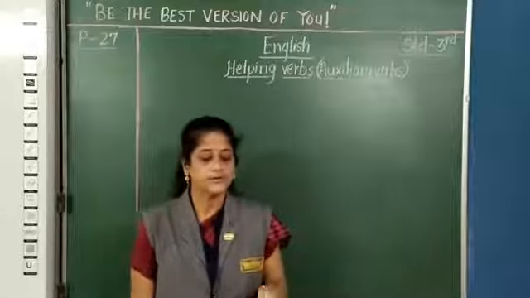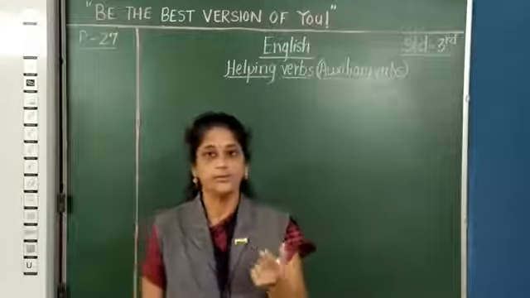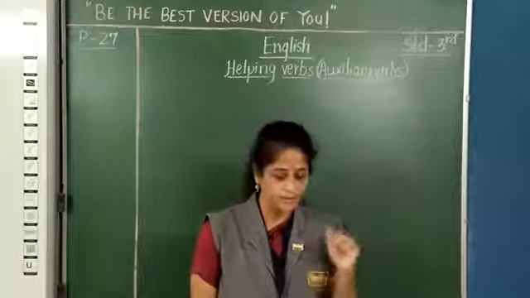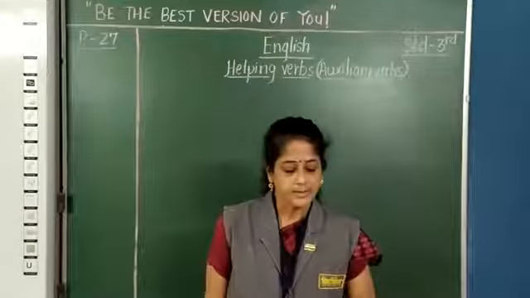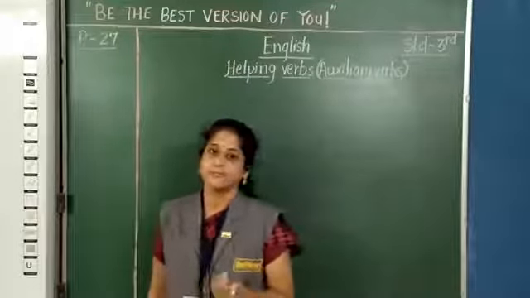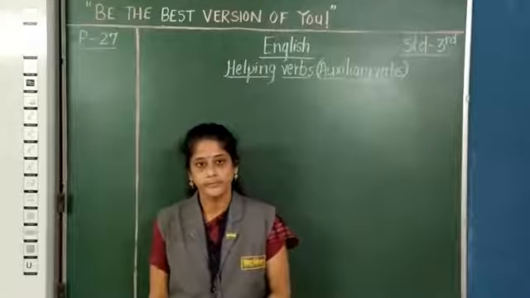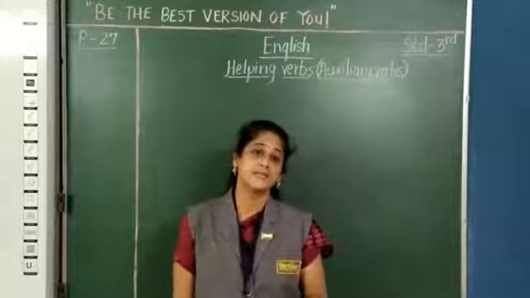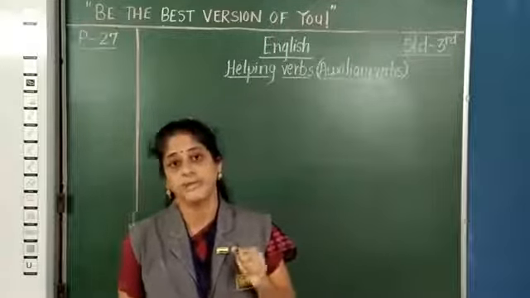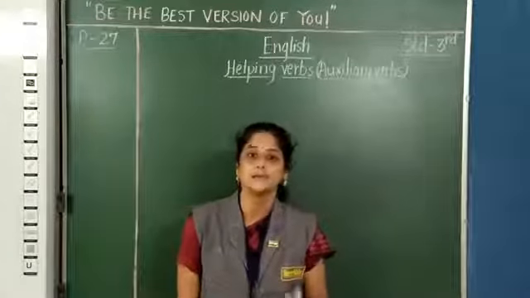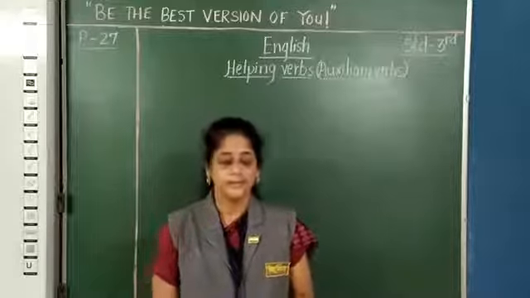Now the most important helping verbs are be, do and have. These are the three forms of the helping verbs. Sometimes they can be used as a main verb or as a linking verb. Why do we say main verb? Because they act as a main verb when the main verb is absent in the sentence, and they link the subject with the other information about the subject. You know that, isn't it?